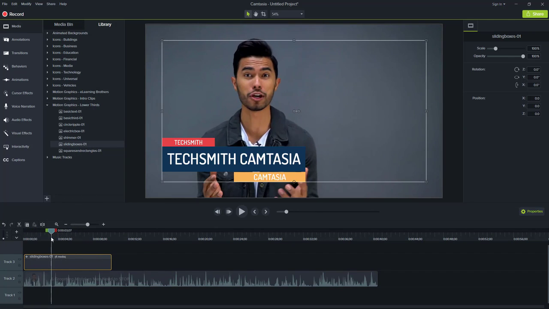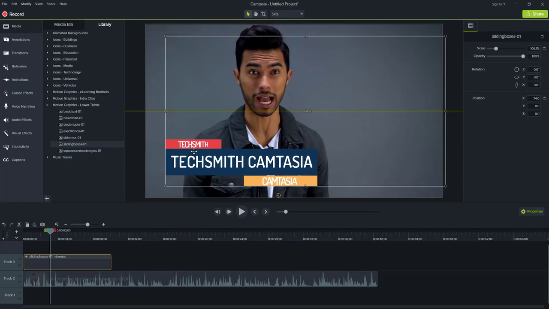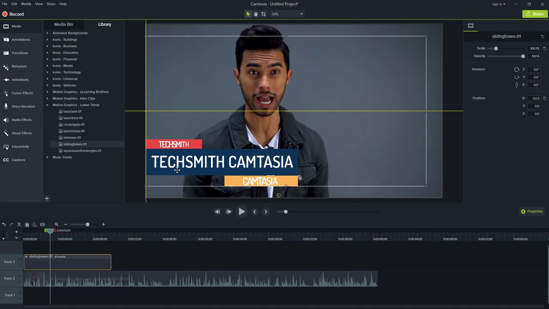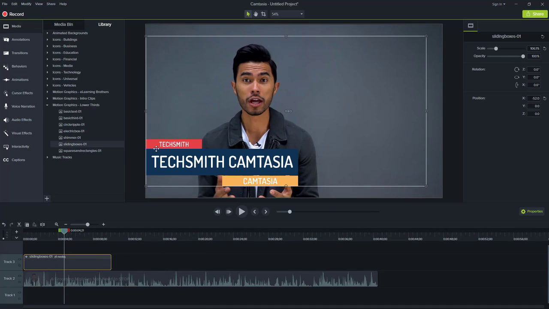Alright, and here it is. Now to set this up, simply grab it and set it anywhere you want. And I just simply set it here. Alright. Now by default here you see the text is TechSmith, Camtasia and Camtasia. To change this text,